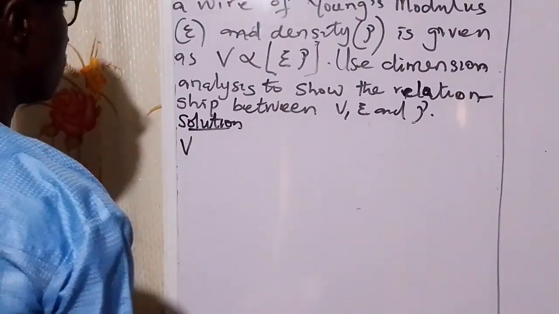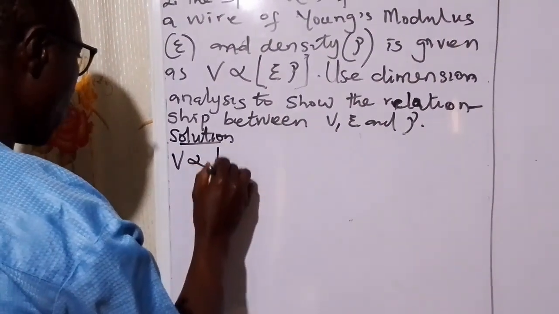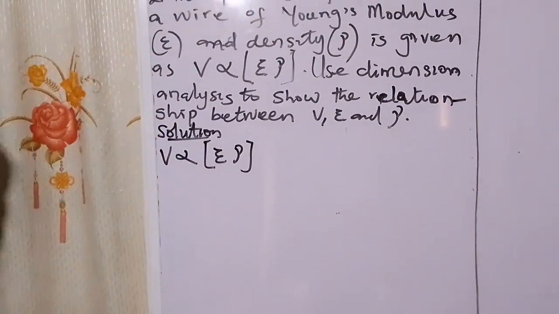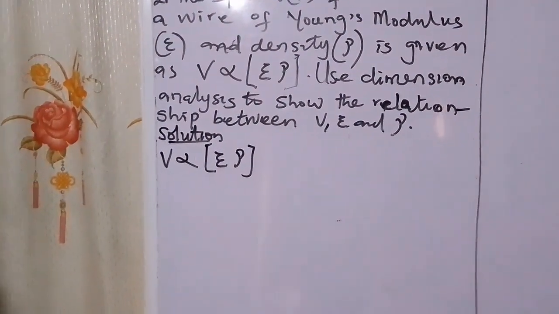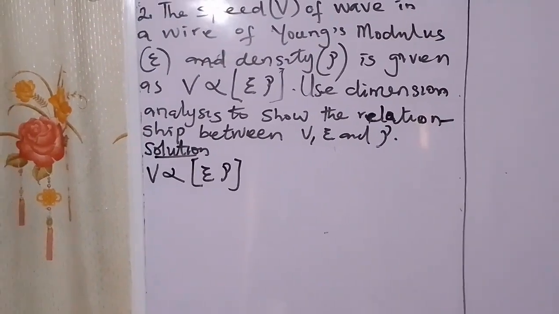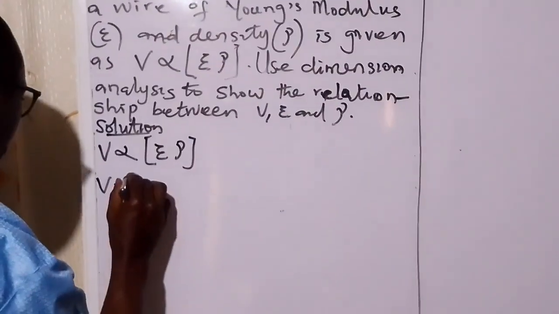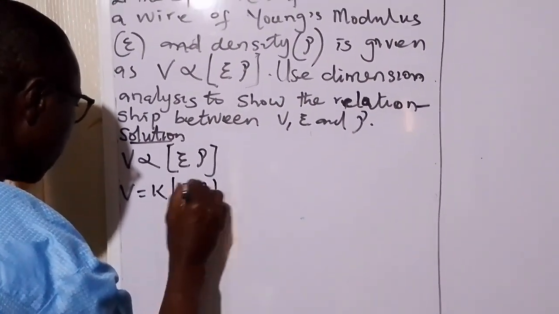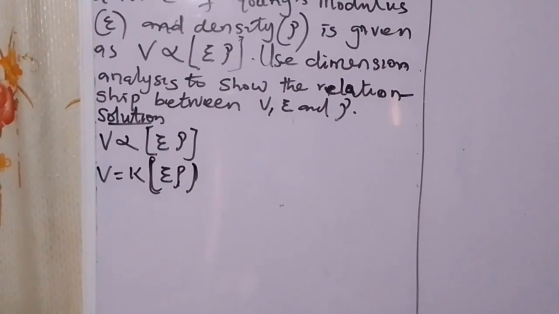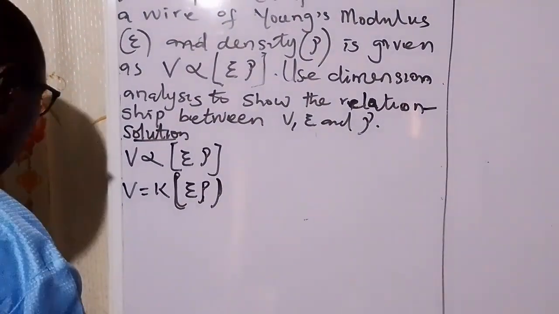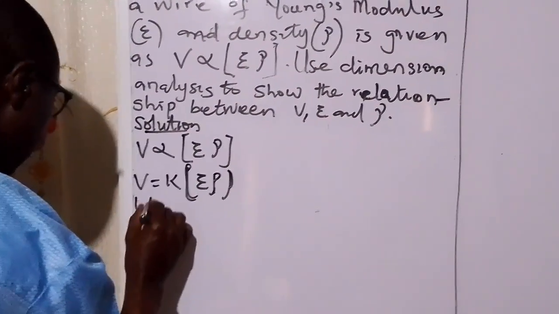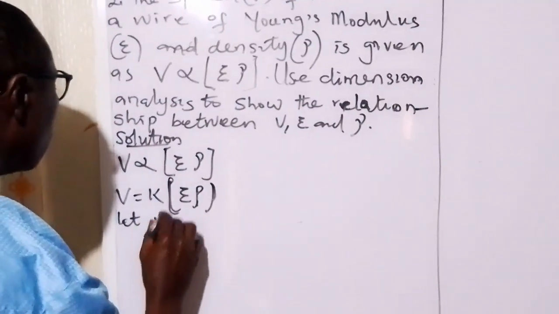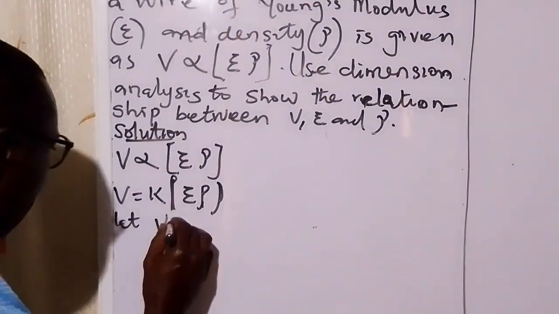V, according to the question, is directly proportional to Young modulus and density. But this is not the formula between them. We want to derive the formula between them now. So you can say V is equal to K into bracket EP. Now, use the same method. Now say let V is equal to